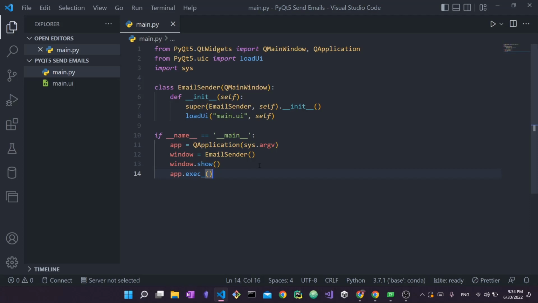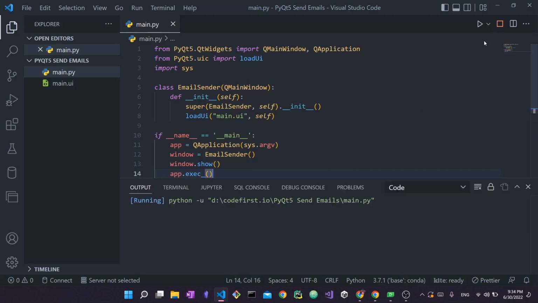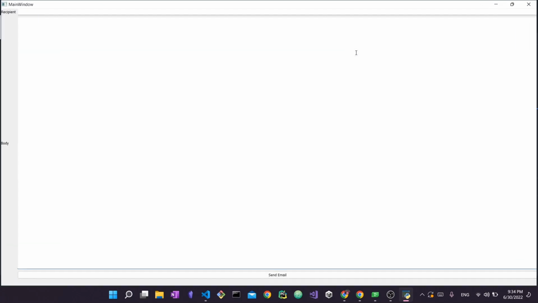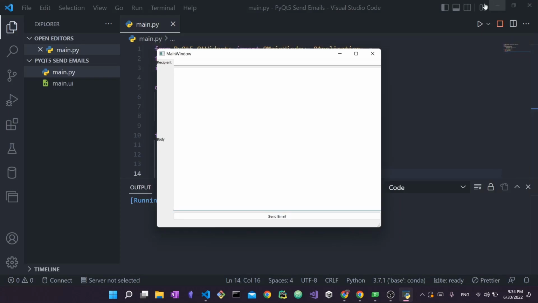Now that I've written all of this code, if I actually run this Python code right here, this will actually launch the interface that we designed within Designer. And as you can see, we have all the elements and the widgets that we already designed. It's also resizable, and it looks the exact same as we designed it. So this is how we were able to use our Python code to load this information and this design from